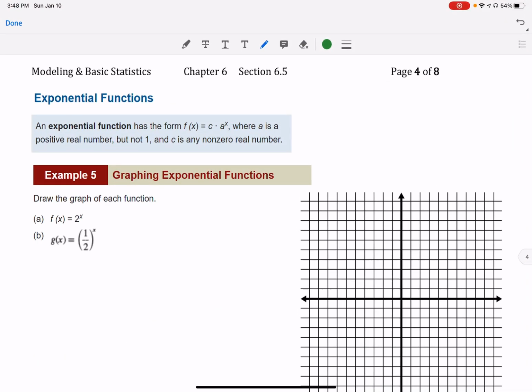All right, we are back with part 2 of 6.5, exponential functions. An exponential function has the form f of x equals c times a to the x power, where a is a positive real number but not 1, and c is any non-zero real number. All right, so